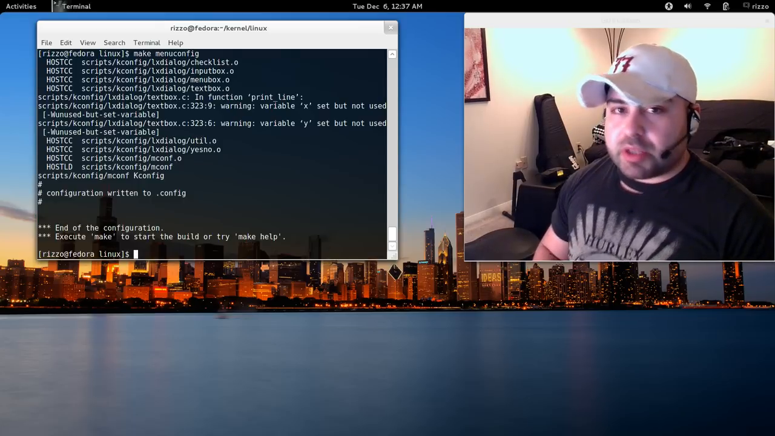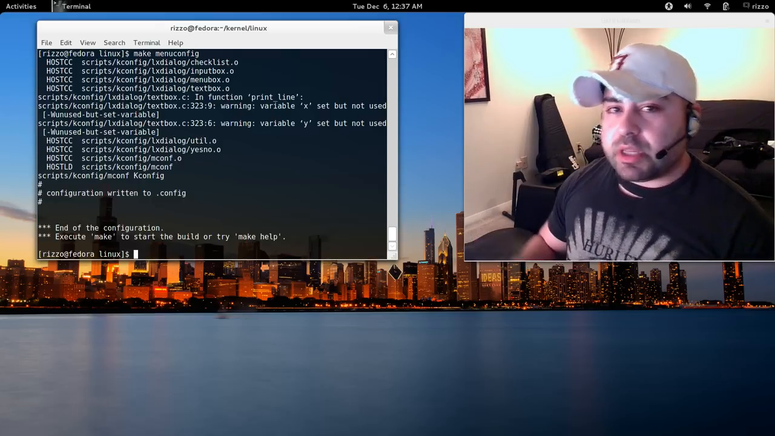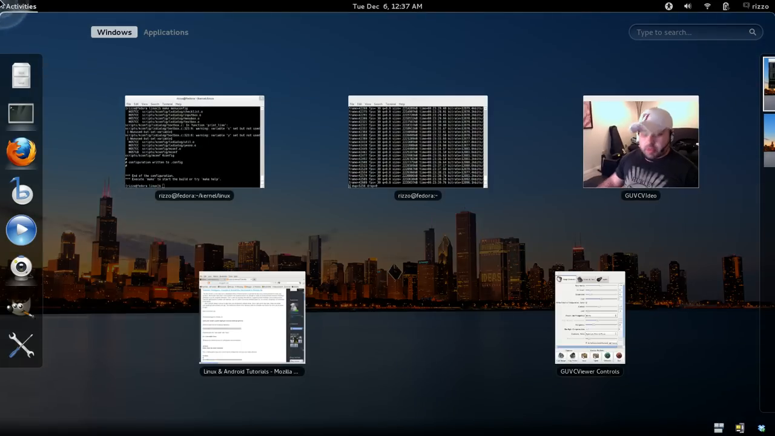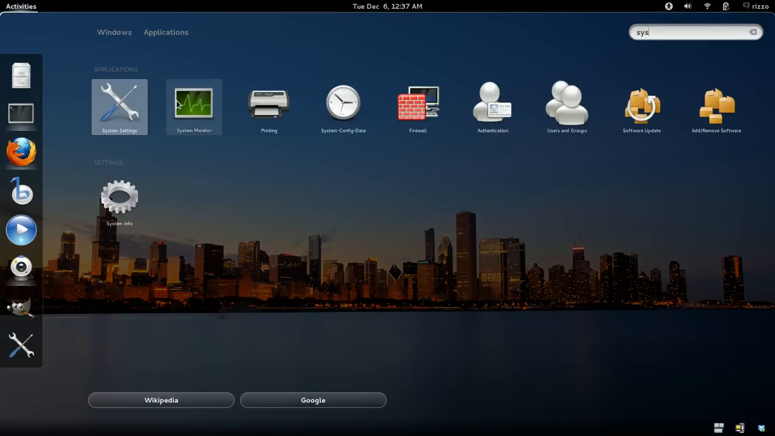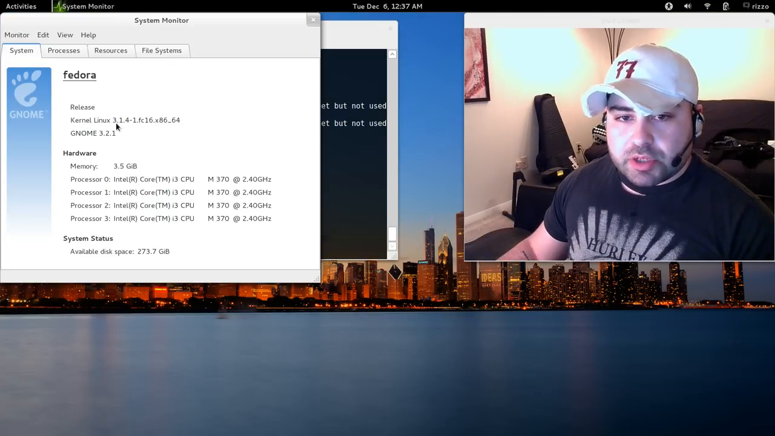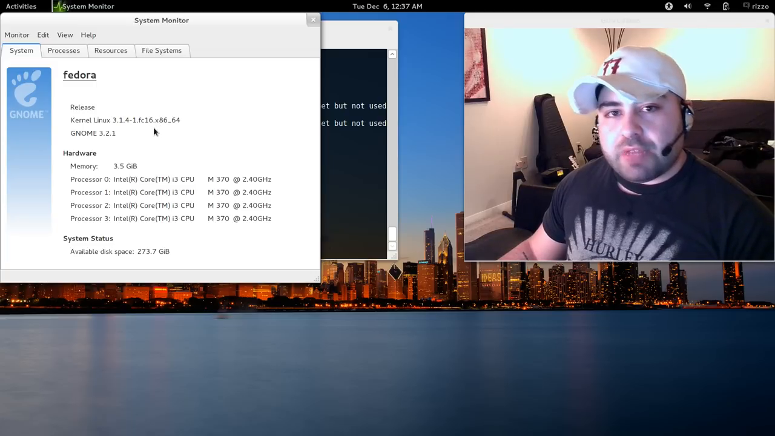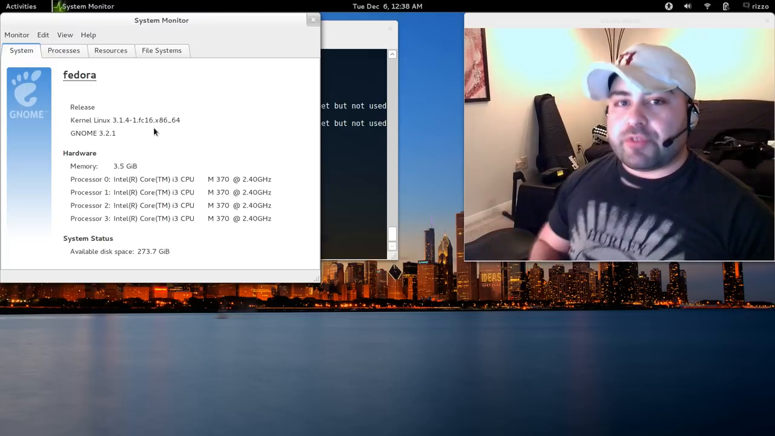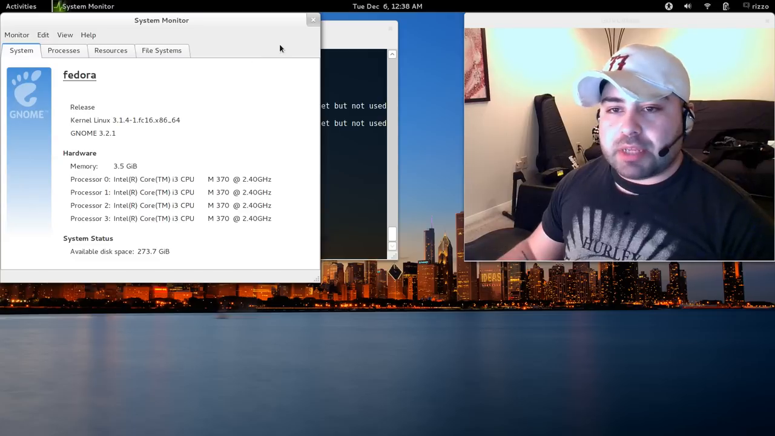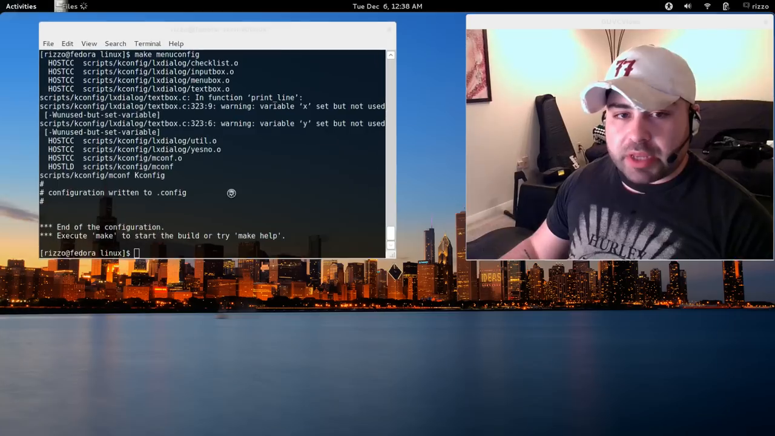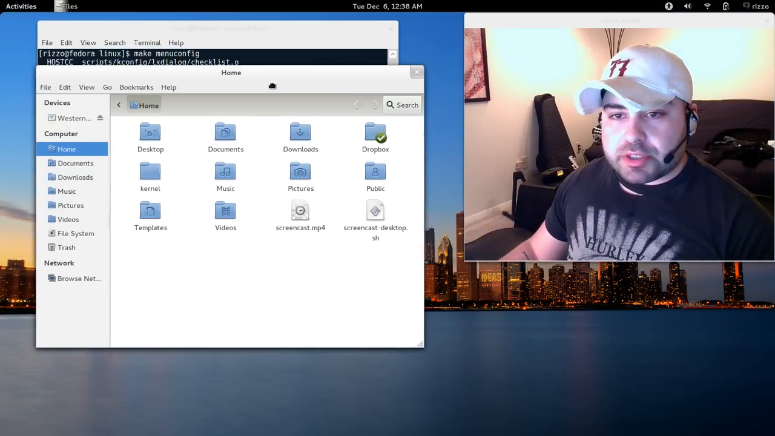Now, at this point, the only thing we have left to do is, if you'd like to give your kernel a custom name, for instance, if we go here to our system monitor, and you see here where it says kernel Linux 3.1.4, and then it has this here at the end. If you're going to be upgrading or changing your kernel on a regular basis, to differentiate one kernel from another, you could give it a custom name so it would show up here. The way that you do that is if you go into your Zen source directory,